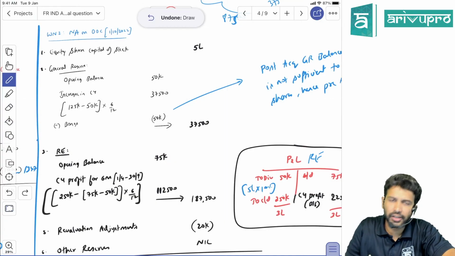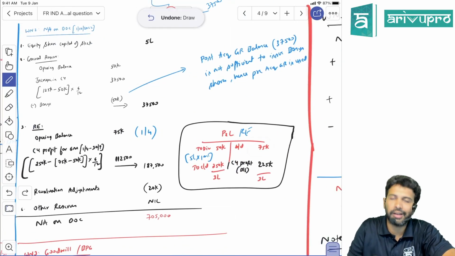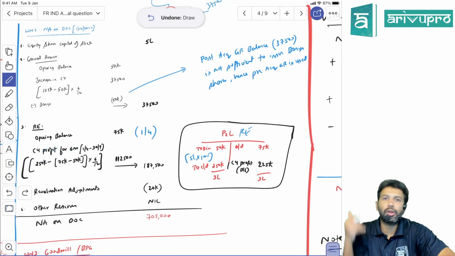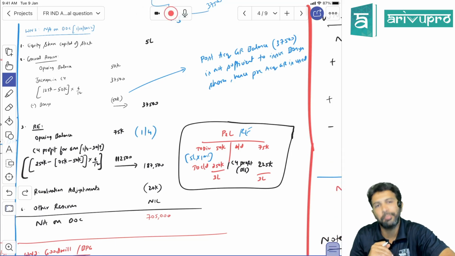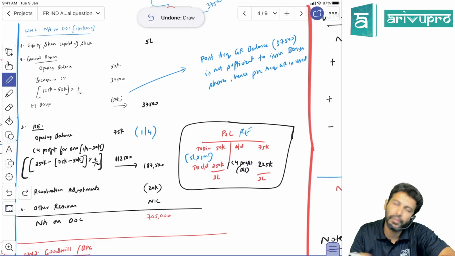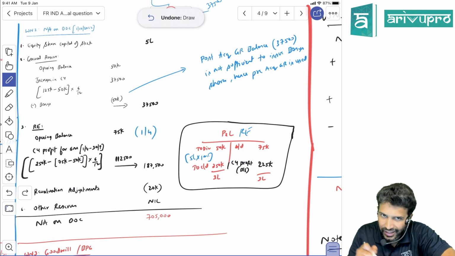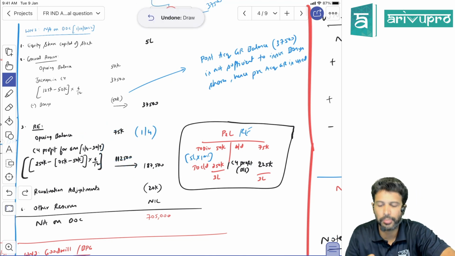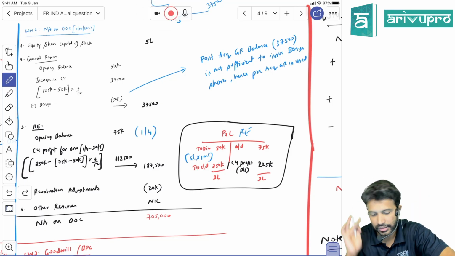All right, same drama we need to work out here then. Opening balance of retained earnings is on 1st April. Date of control is 1st October. So the opening balance of your retained earnings is entirely pre. Then the current year profit. From April to 30th September, you acquired the shares on 1st October, no? That means the first 6 months' profit is pre, the next 6 months' profit is post. Total profit for the whole year is 225. For 6 months, it will be half, so it will be 1,12,500. So adding these two, your total pre-acquisition retained earnings will be 187,500.